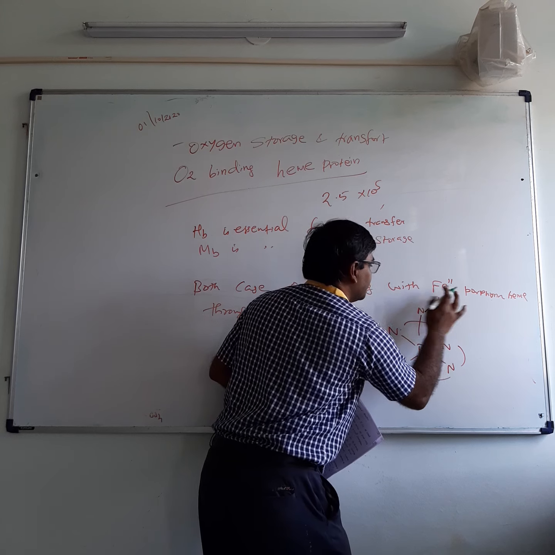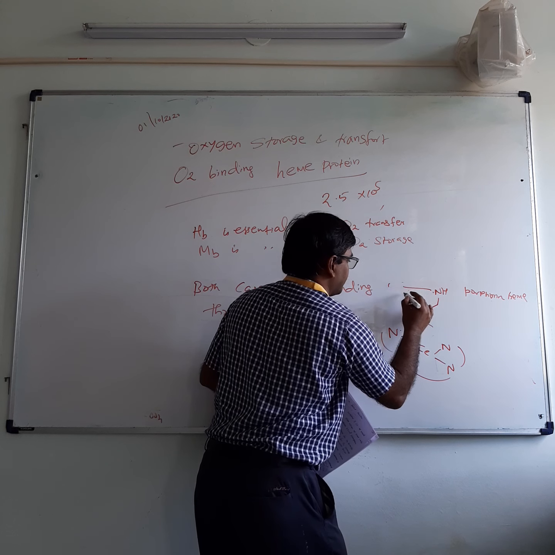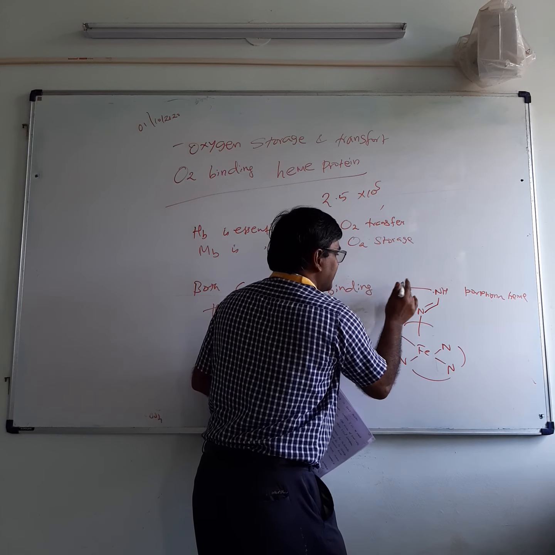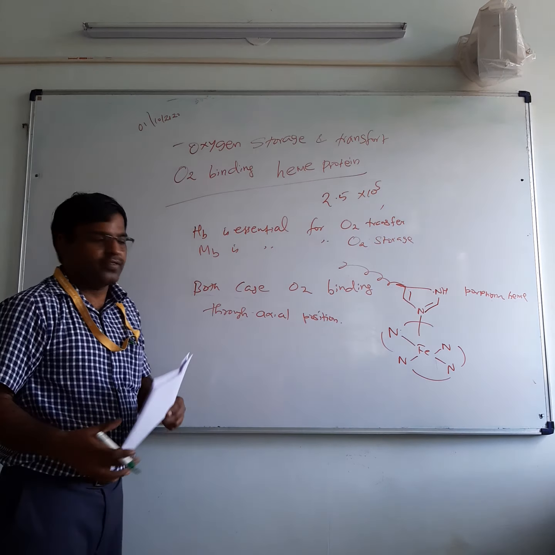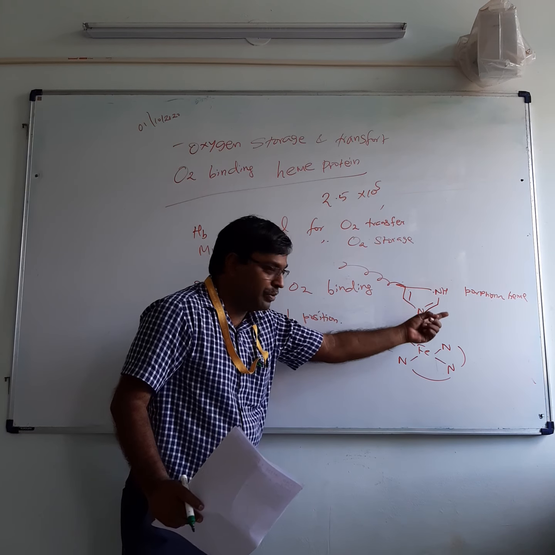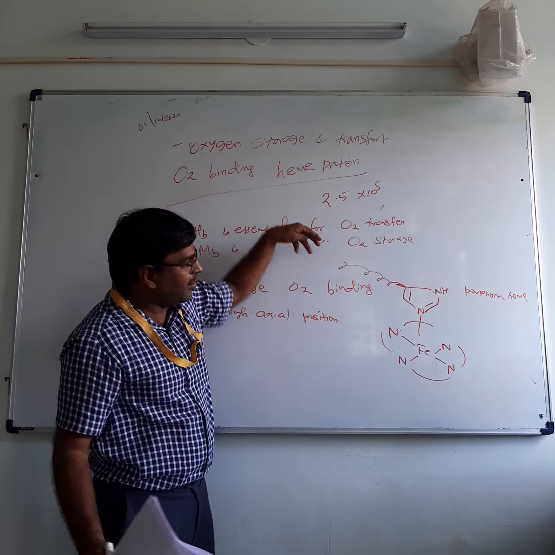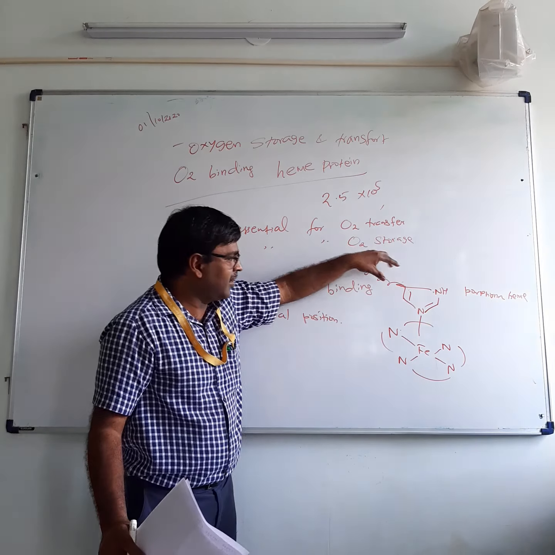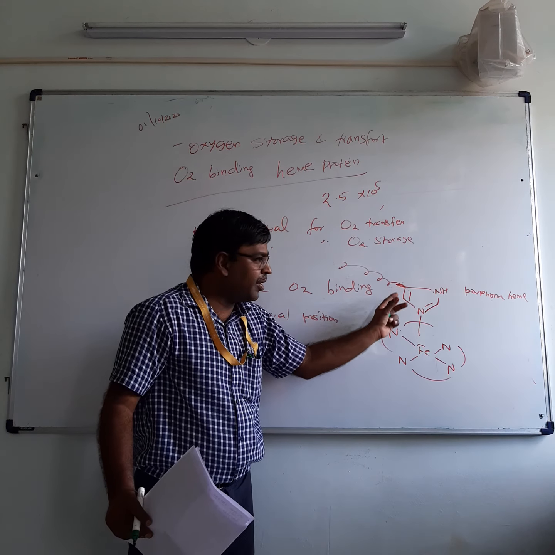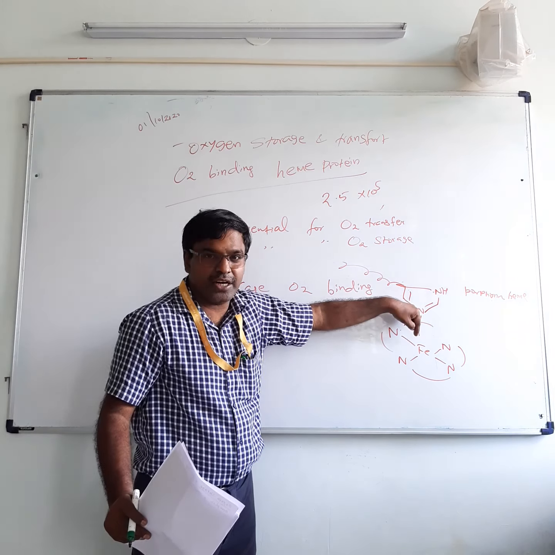So it is the imidazole unit. And here the protein chain will be continued. There is a histidine unit. This is called the imidazole residue, present in the histidine unit of the proteins. It is a protein with a long chain of amino acids, having a residue of histidine unit. The histidine unit containing the imidazole ring is going to coordinate to the iron center as the fifth position.